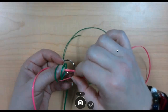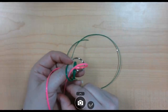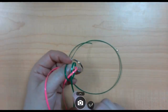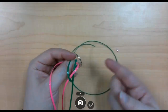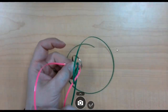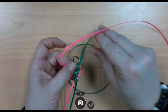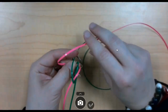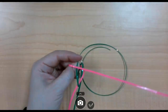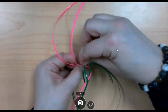And I'm going to loop it through that looped end. And as I pull it tighter, you're going to see it's going to start capturing this loose end and pulling it tight under there. And now, since I went right over to the left, I'm going to take this left strand and I'm going to do the same thing. I want it to loop over, and this time here's that loose end, so it's going to capture the loose end. And here's that looped end of the green, and it's going to go through that. So over the loose and through the looped,